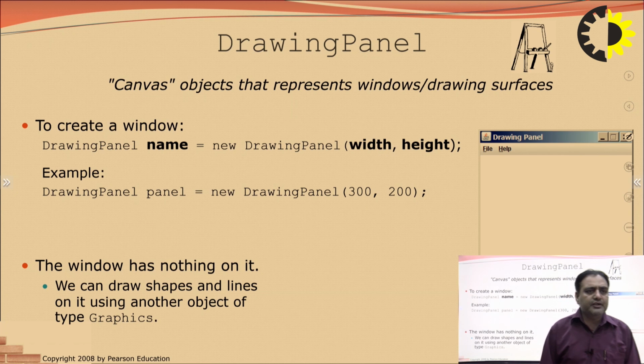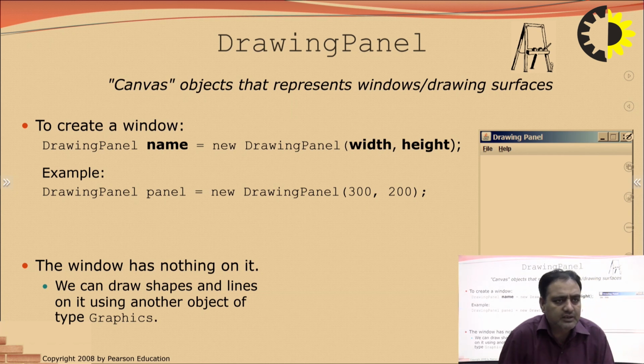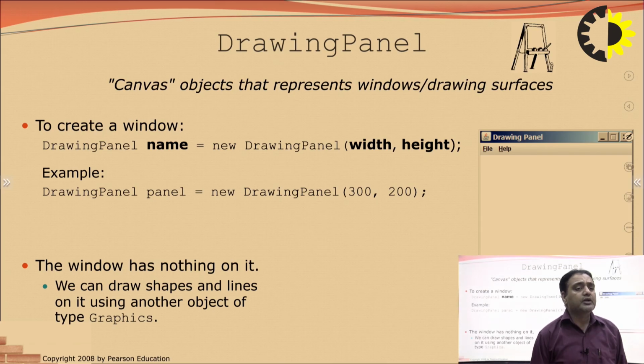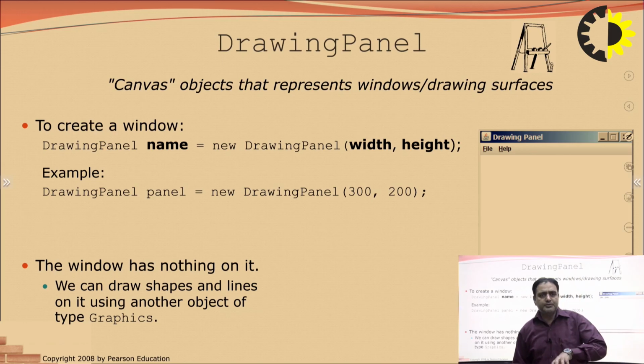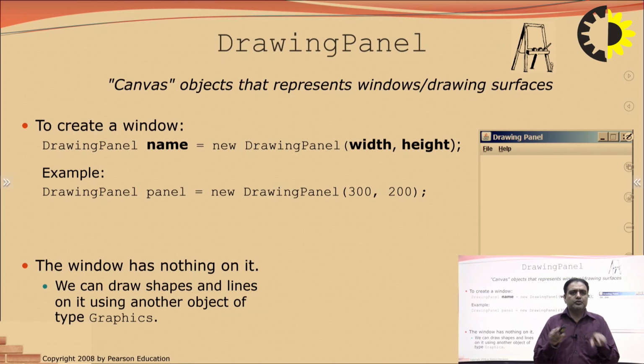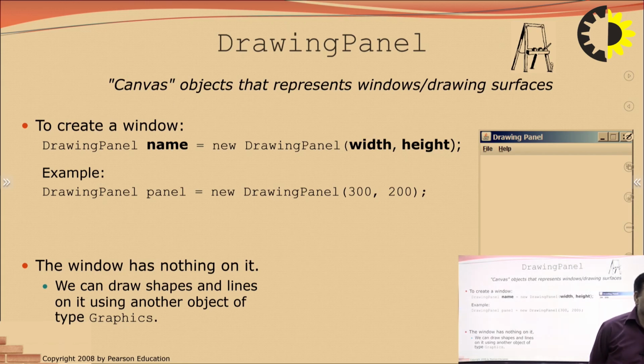The panel having the different shapes means the line shape, the circle shape, the rectangle shape, the hyperbola shape, different types of shape. So firstly, how are these different types of shape made on the board? This board is known as a drawing panel. So how can we create it? The first step is to create a window.